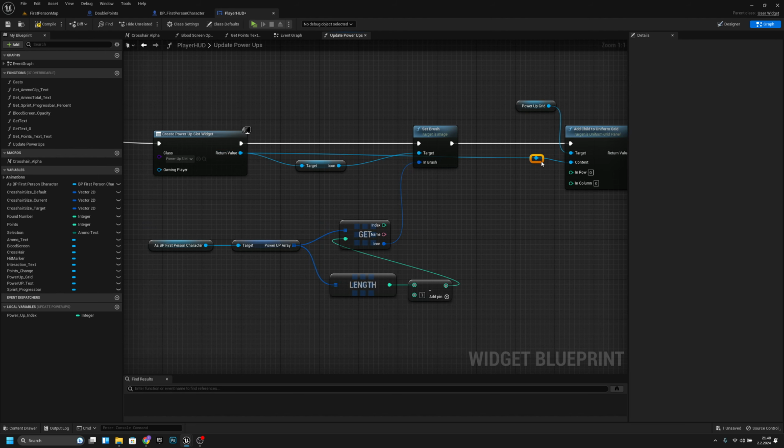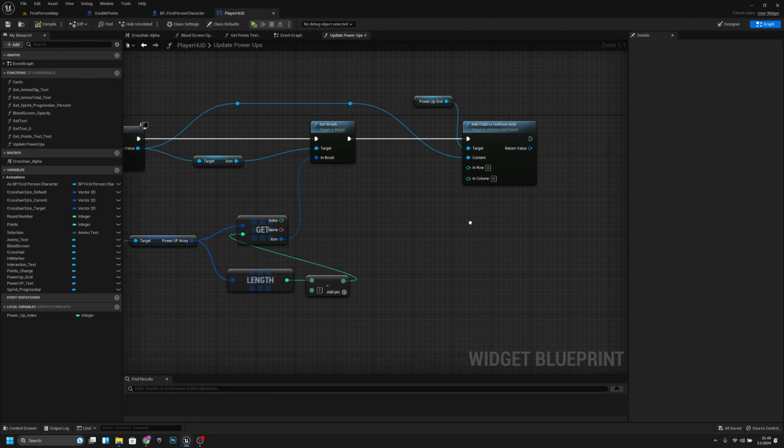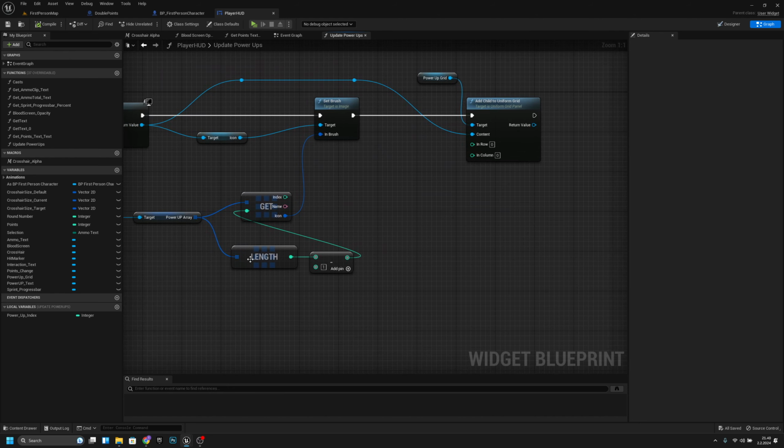Let's add some reroutes. I think that looks okay. Not the cleanest, but okay. Compile and save once more. And now we want to connect this value, length -1, to the column. Okay. And after that,